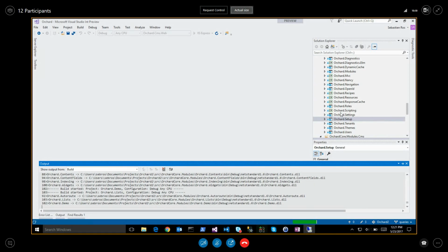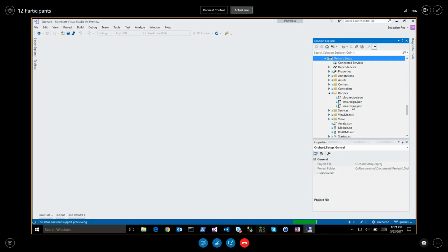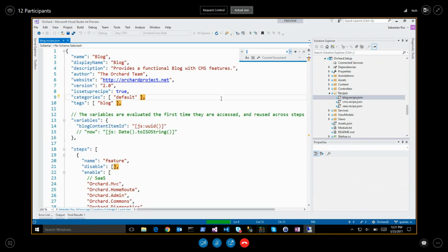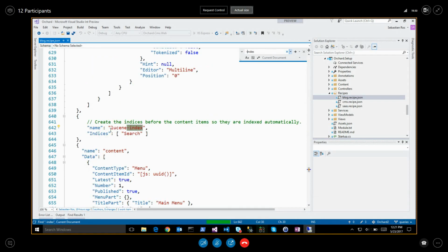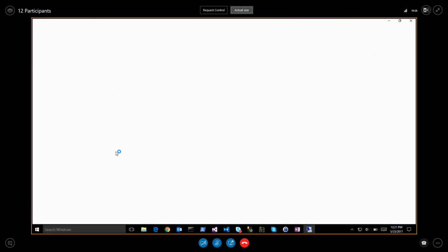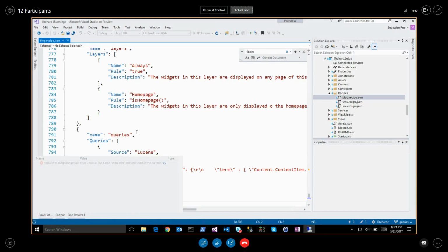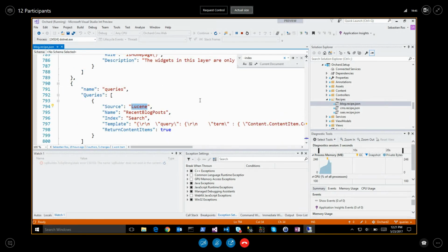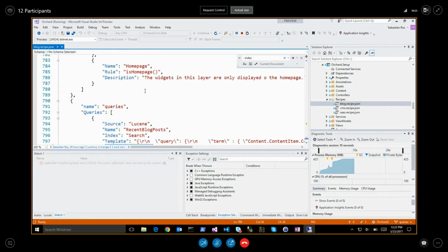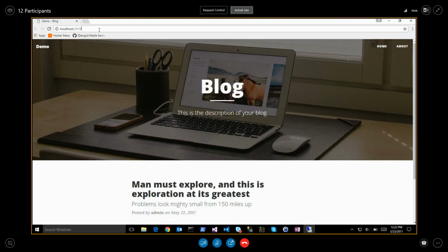If I look at the setup in the recipe, the change I did is that now there is a Lucene index recipe step, so it will create a search index by default. And I also created the query step, so you can create queries. In this case, we only support the Lucene queries right now: the name, the index, this is specific to Lucene query, template, and return content items. So we have a query automatically, which means when we do the setup, if you go to admin,